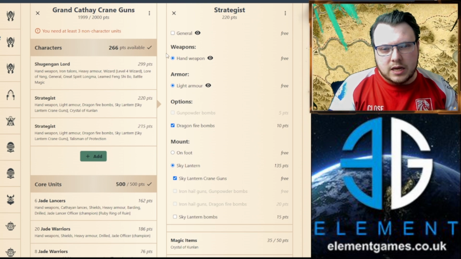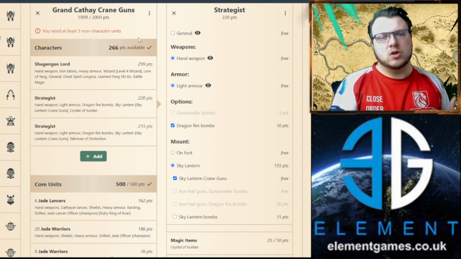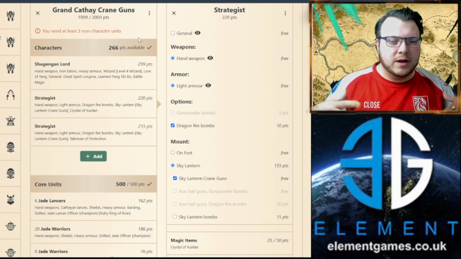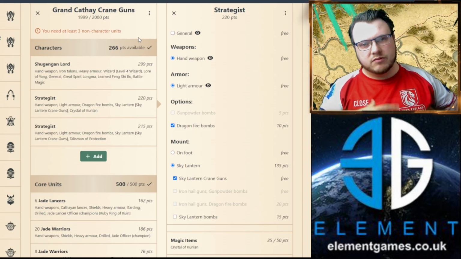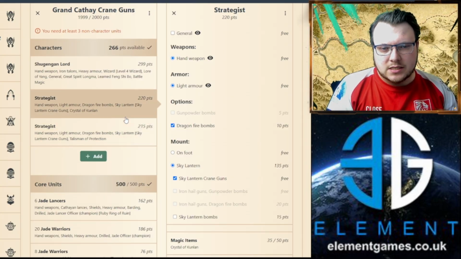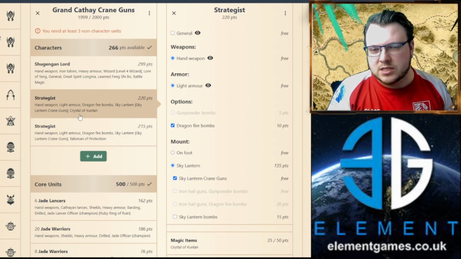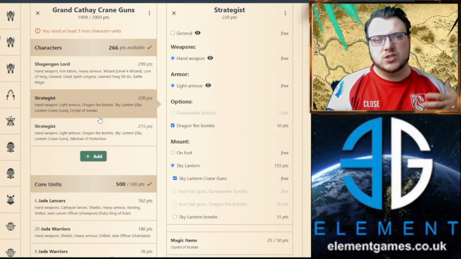With these ones, this list is a version that we're going to go with the crane guns. I don't think this is as good, but it's worth building around it and seeing what we can get out of it and what the differences are with the Drake guns. So we've got 2 strategists here on Sky Lanterns, both of them with crane guns, both of them with a ward save, one with Talisman of Protection, one with a Crystal of Kunlan, which is just a 5-up ward save,